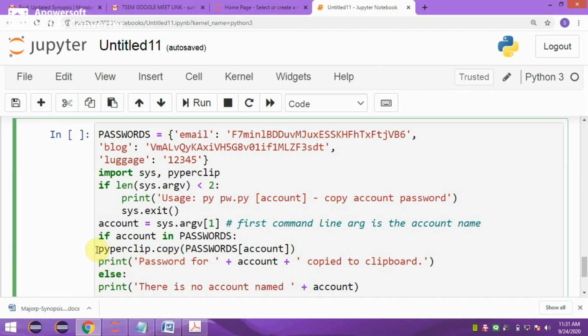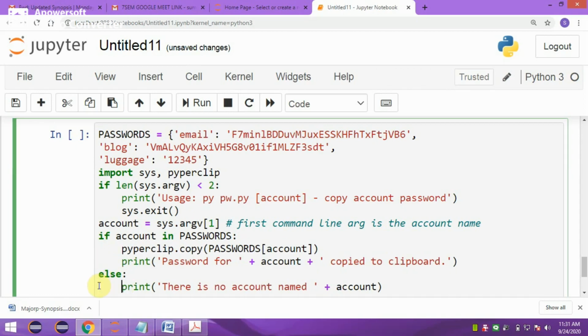See, this has to be indented properly, like this. Once it copies to the clipboard, it displays the message: password for account, the particular account name, copied to clipboard.